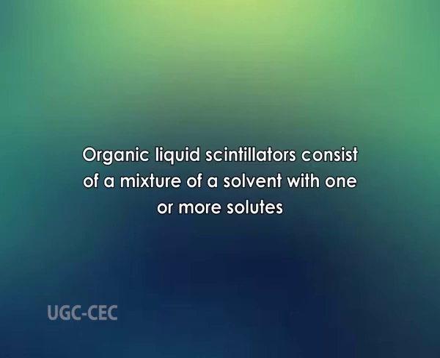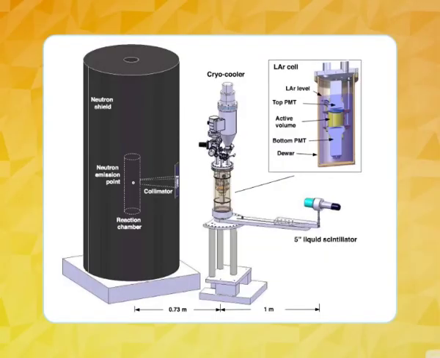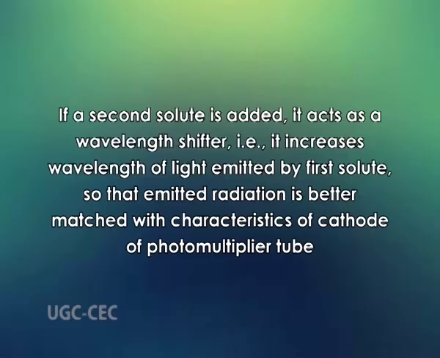The organic liquid scintillators consist of a mixture of a solvent with one or more solutes. In a binary scintillator, the incident radiation deposits almost all of its energy in the solvent, but the luminescence is due almost entirely to the solute. If a second solute is added, it acts as a wavelength shifter, that is, it increases the wavelength of the light emitted by the first solute so that the emitted radiation is better matched with the characteristics of the cathode